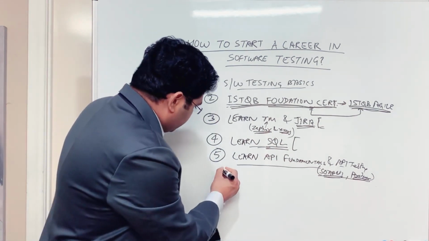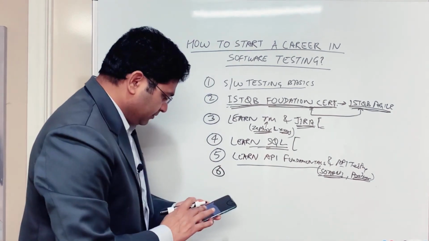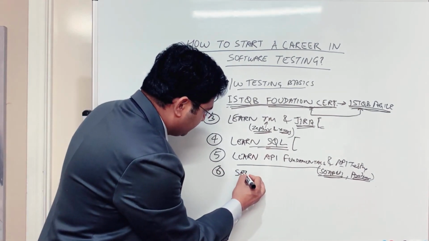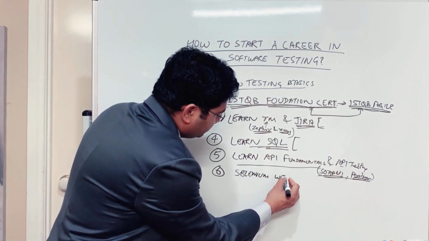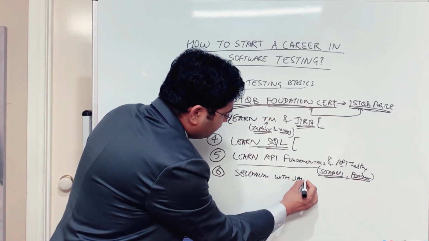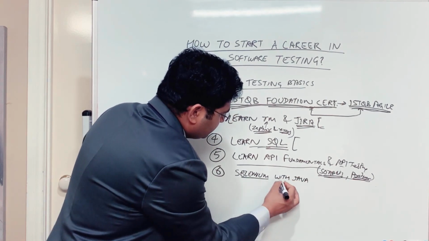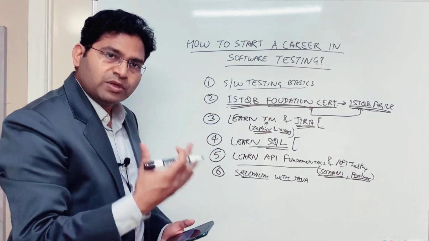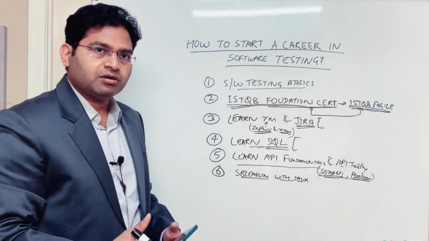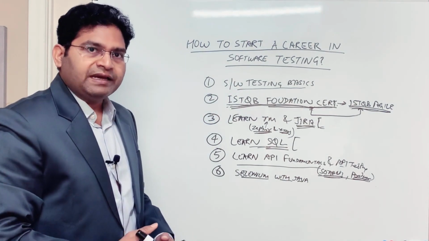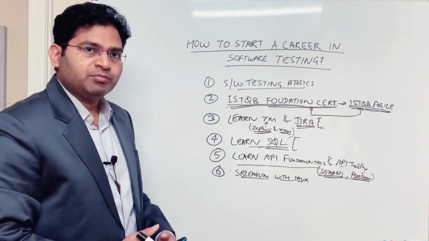Okay, the sixth point is Selenium. So, Selenium with Java. Why do I say Selenium with Java? This is important because it is very popular. Selenium is a very popular automation tool. It's open source, and the Java programming language will help you to grasp